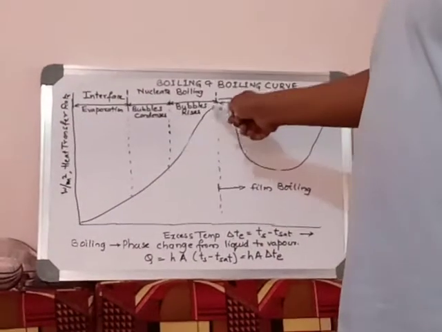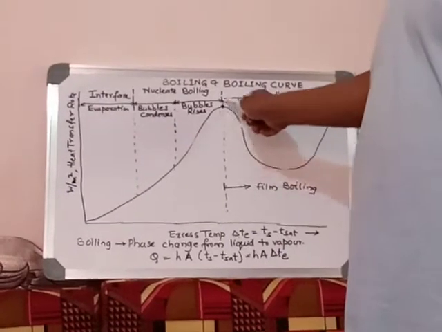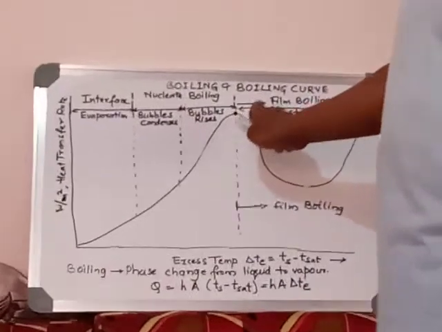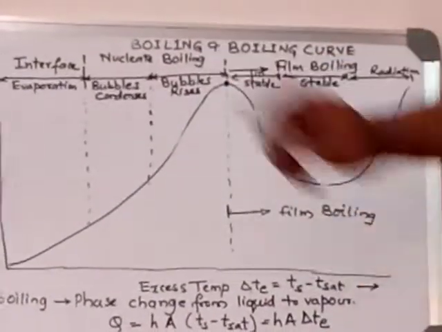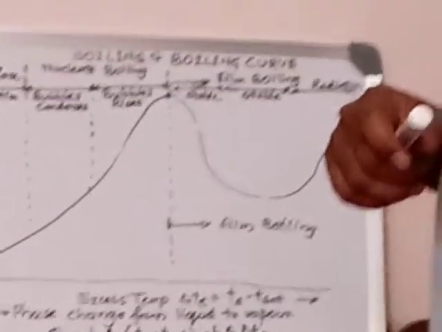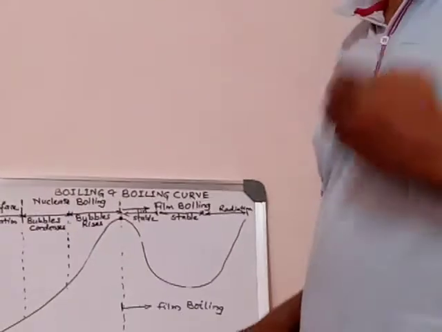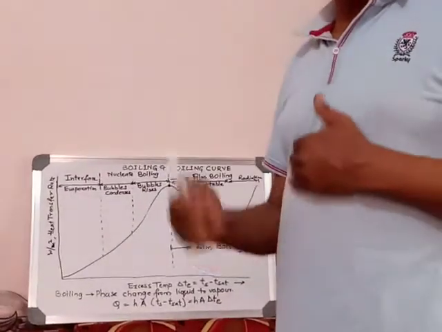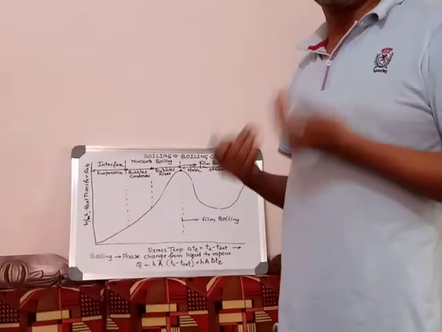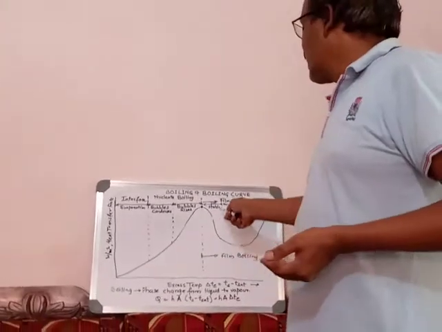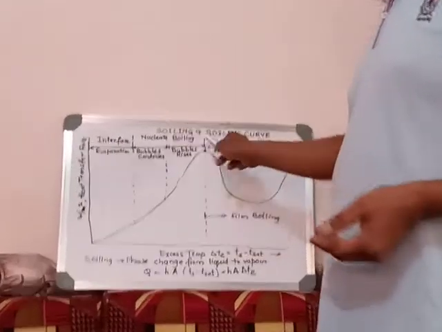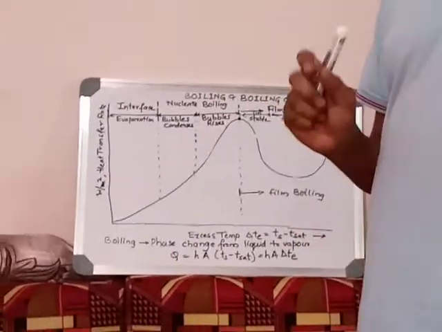The last point of the good boiling is this point, whatever the strong dot we have shown on the board here. This is the end of the nucleate boiling. There the economy of the boiling will stop; boiling will be economical only up to this point of nucleate boiling. But if you continue beyond that point, what will happen? Then unstable film boiling will start. Unstable, stable and radiation, three stages are there.